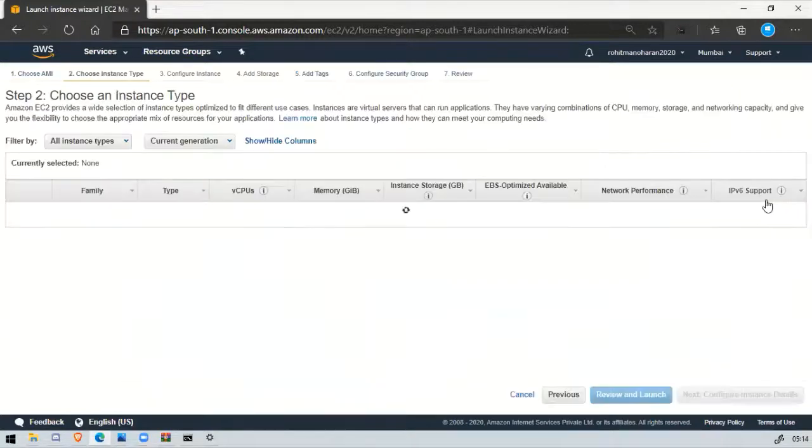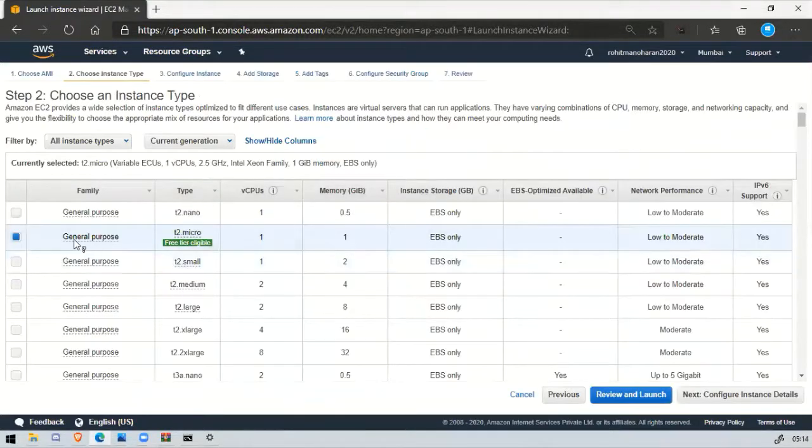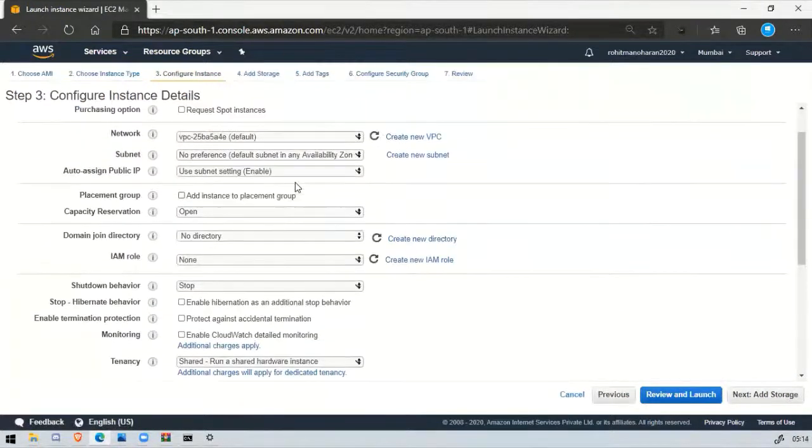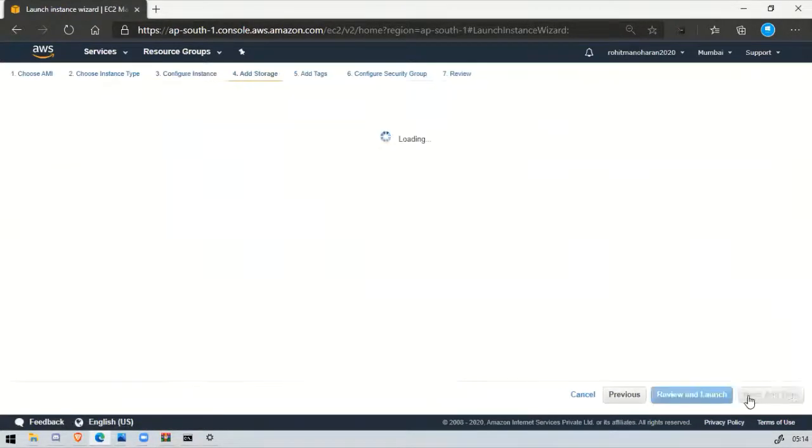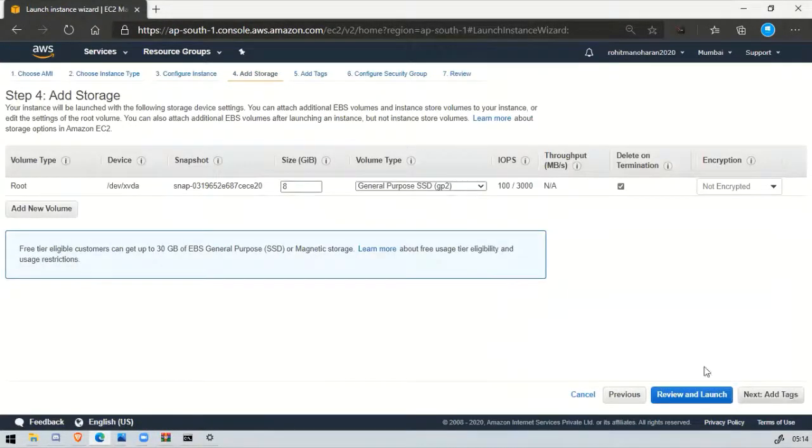The first one is okay for me. As you can see, we have a T2 micro tier, which is free tier eligible. I'll go and configure it, and I'm okay with the default one. Any preferences, just to show you the storage and all. If I click on next, add storage, as you can see, this instance is EBS, and you can attach separate multiple EBS volumes.